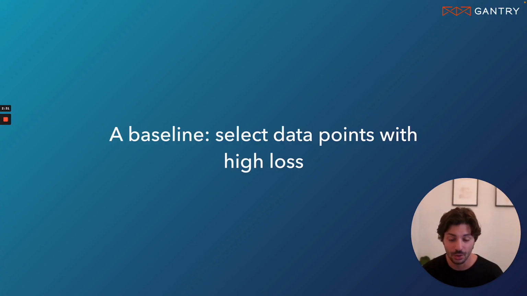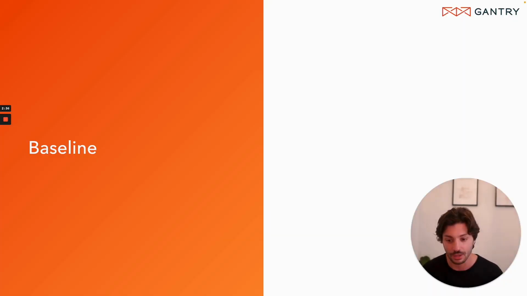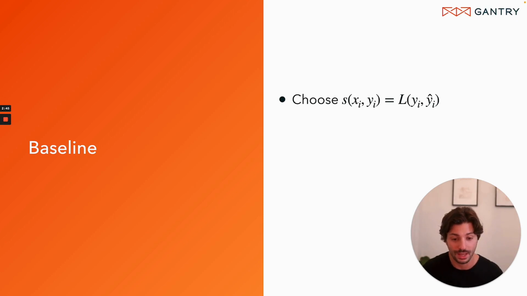That brings us to the first baseline of this paper, which is just selecting data points that have a high loss. The obvious thing to try for this selection function would just be to use the loss function of your model itself. And the intuition here is that data points that have high loss are ones that might be better to train on than random ones, because ones with lower loss are already learned and they can be safely ignored. So we can think of this as avoiding redundant data points. In other words, finding data points that are not yet learned.